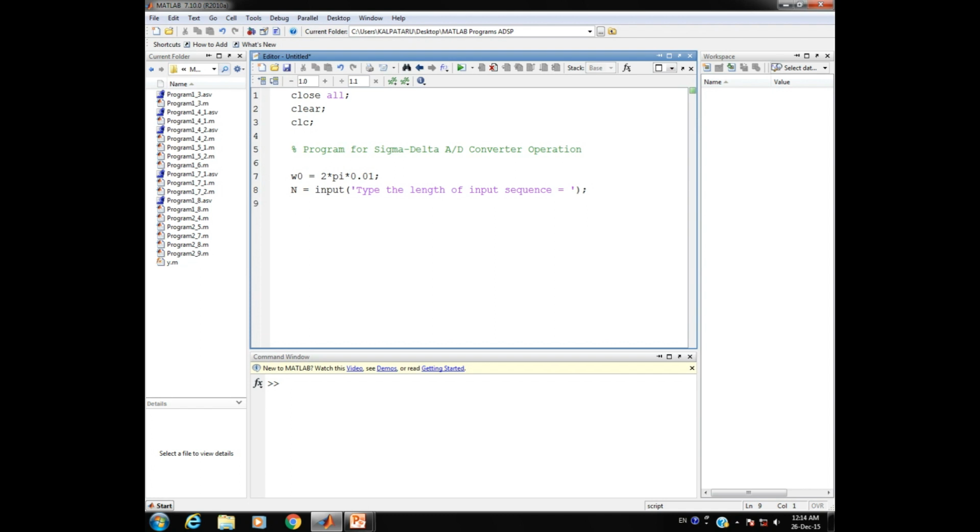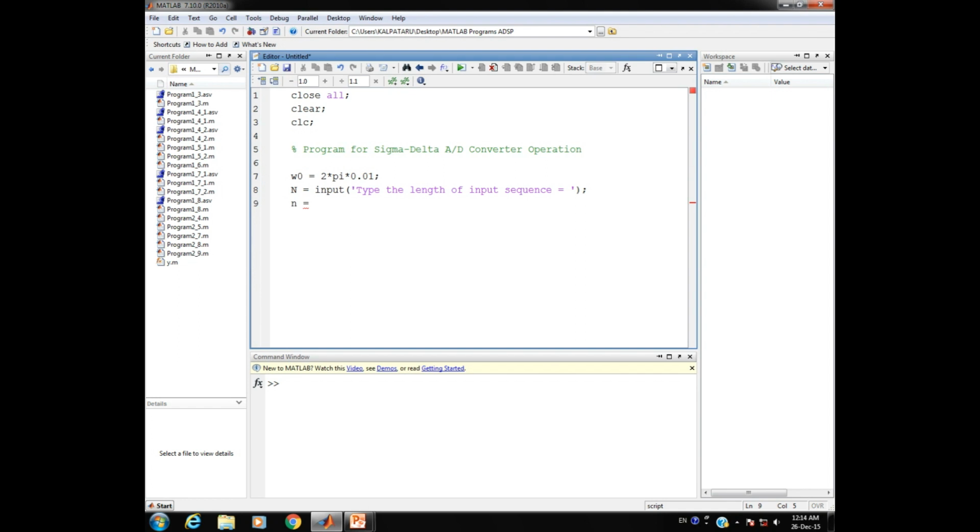Now we require the signal to be converted from analog to digital, and for the discrete representation of the output signal here we will be requiring the discrete time variable. So usually we denote it by small n.